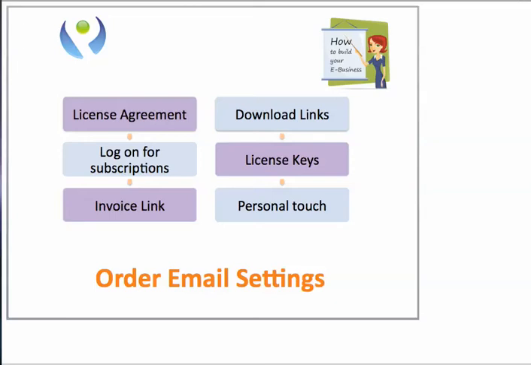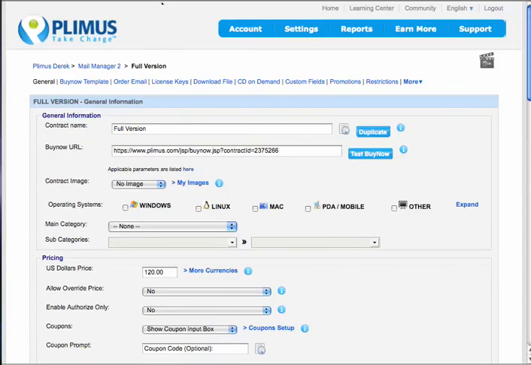In this lesson, we're going to see how you can modify your order email settings. After a customer purchases an item, the first thing that happens is that they are sent a confirmation email issued automatically from the Plimus platform. Plimus offers a basic default version of the confirmation email with each contract, but the content can and should be